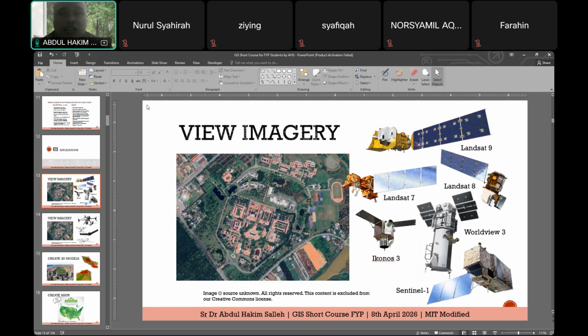Okay, it can go into, some of you doing flood, yes. It can go into water quality, landslide mapping, geological mapping, anything you want to find natural resources. For example, gold, you want to look for gold, you can do this analysis using GIS as long as you have the data.